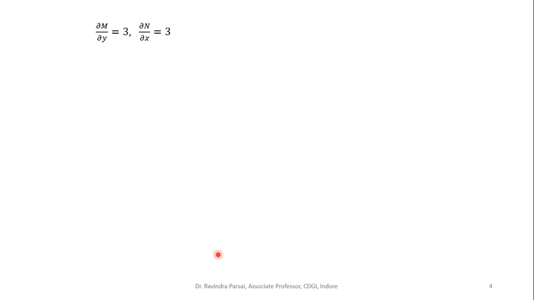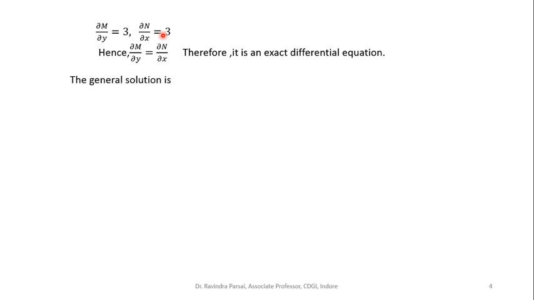Now on differentiating M partially with respect to y, this gives you 3, and differentiating N with respect to x, this gives 3. Both are the same, hence the given equation is in exact form. Therefore we write the general solution as